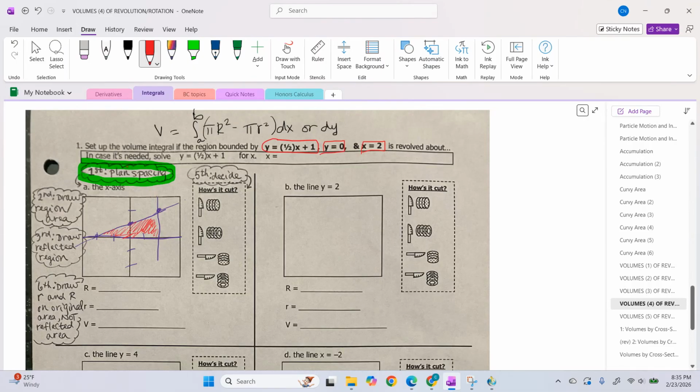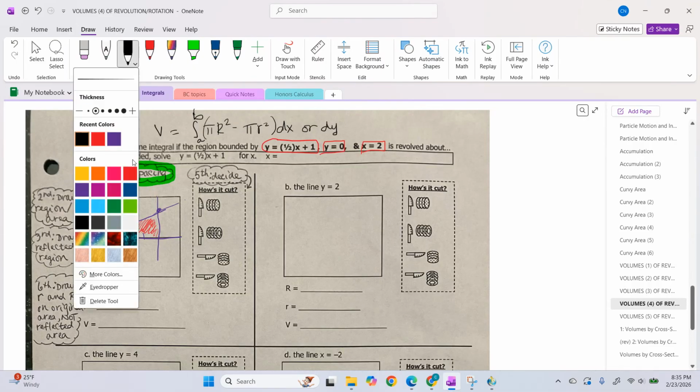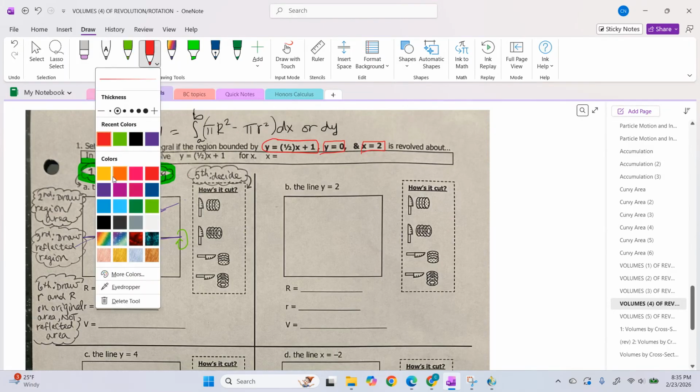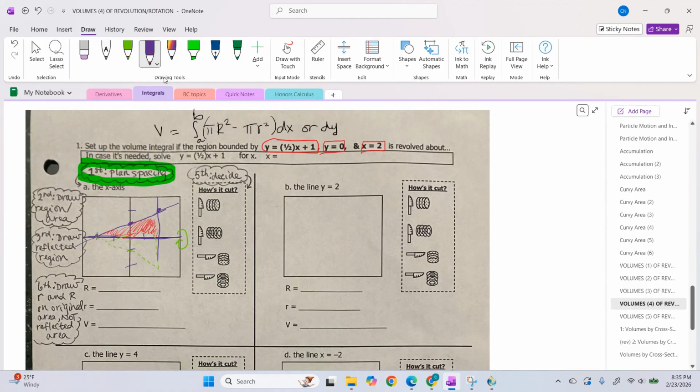So we're going to rotate it around the x-axis. I'm going to draw this here to show I'm bringing it around. There's my x-axis. I'm going to draw my little reflected region down here. So there's the reflected piece. And now I want to imagine if I were to chop this up, how would I chop it up in order to get circles? Just so you know, the second step here was to draw the region, which we did,